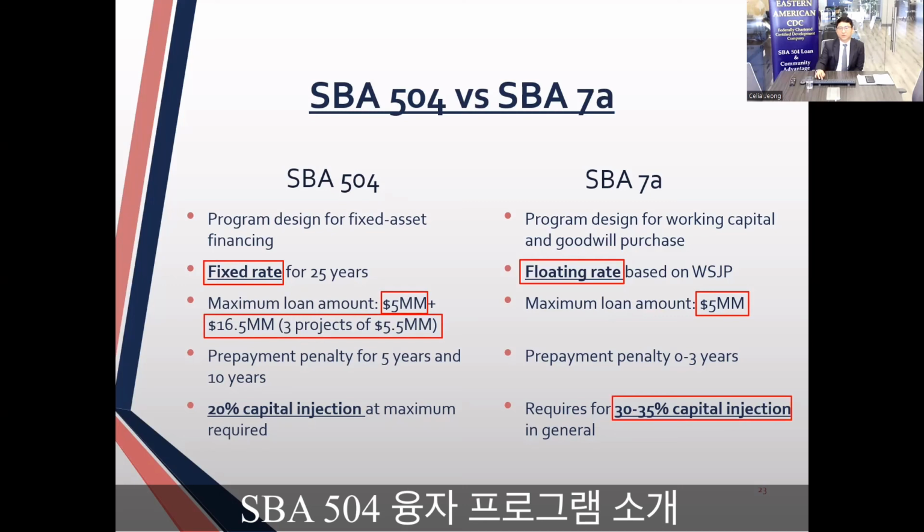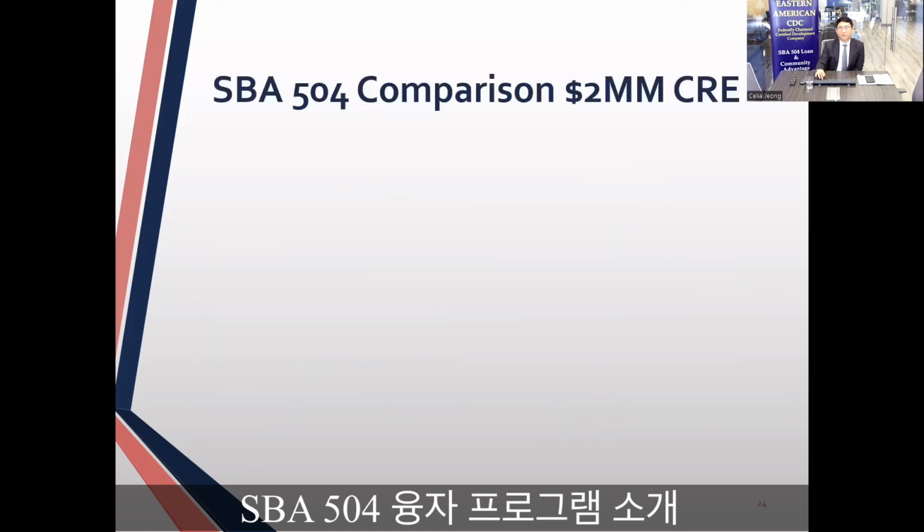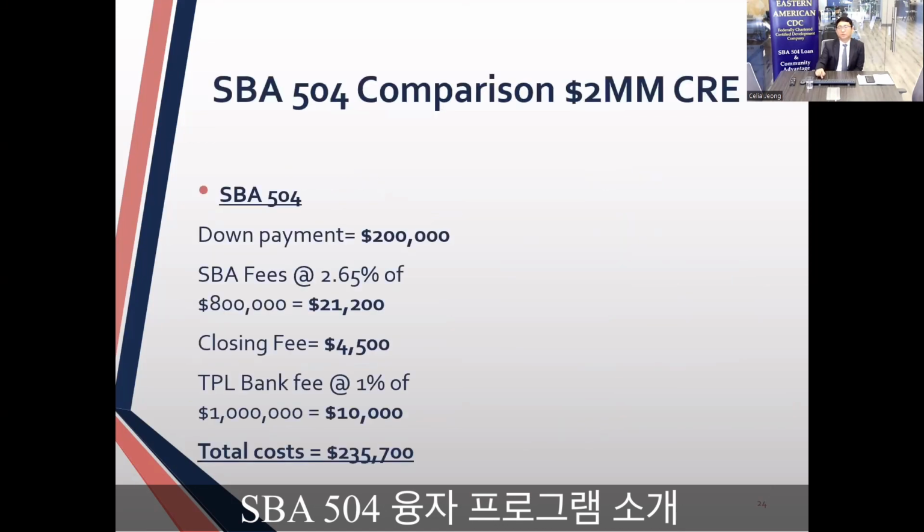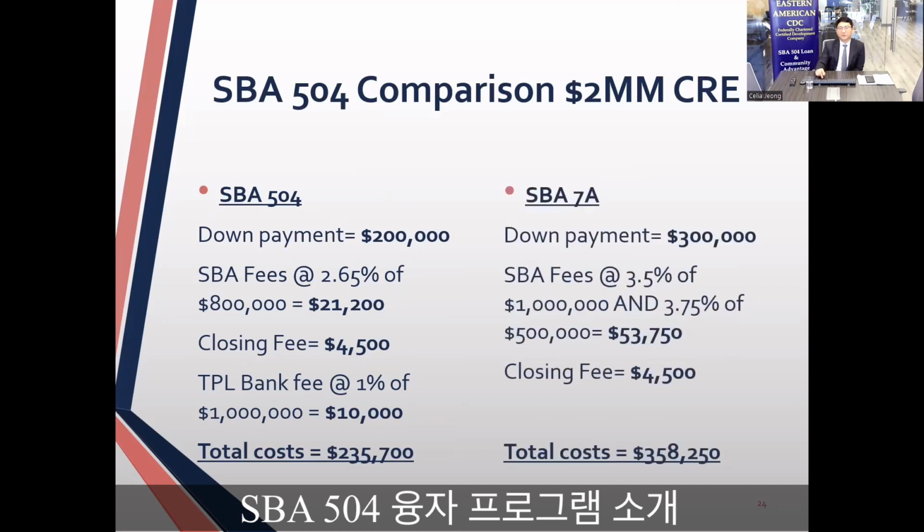The SBA 7A loan requires 30 to 35% capital injection normally, but for the 504 we require only 20% at maximum. Okay, this is a comparison when you're purchasing a $2 million property, SBA 504 loan versus SBA 7A loan. The down payment is smaller with the SBA 504 loan. And the SBA fee is only 2.65% of 40%, so it's only